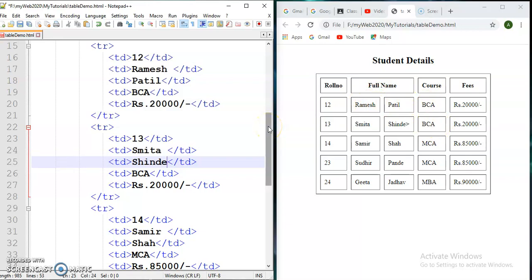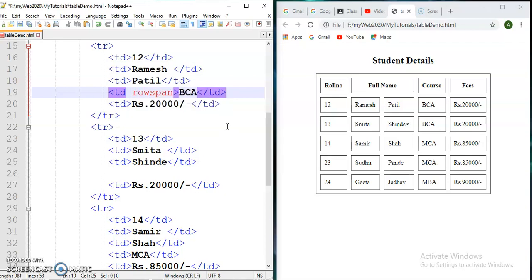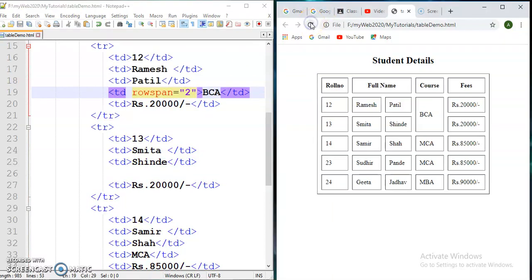So I'm cutting or deleting this BCA, and here only one BCA, and I need to write a rowspan property here, and here again I want to merge two rows, so I'm doing like this.